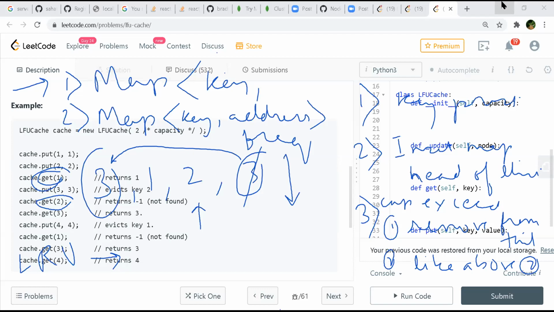So in that case, we'll have to maintain a frequency list. We can have a map keyed by frequency, with each frequency pointing to a linked list or deque. We can go to this frequency map and maintain something like a min frequency outside, always updating it whenever we make a change. Then we look at that frequency, go to the linked list, and find out which element we want to remove.